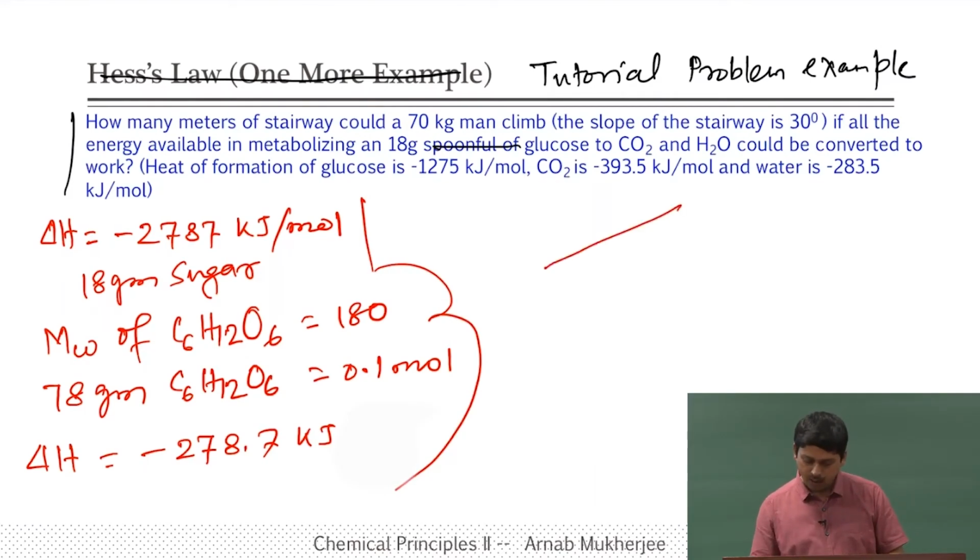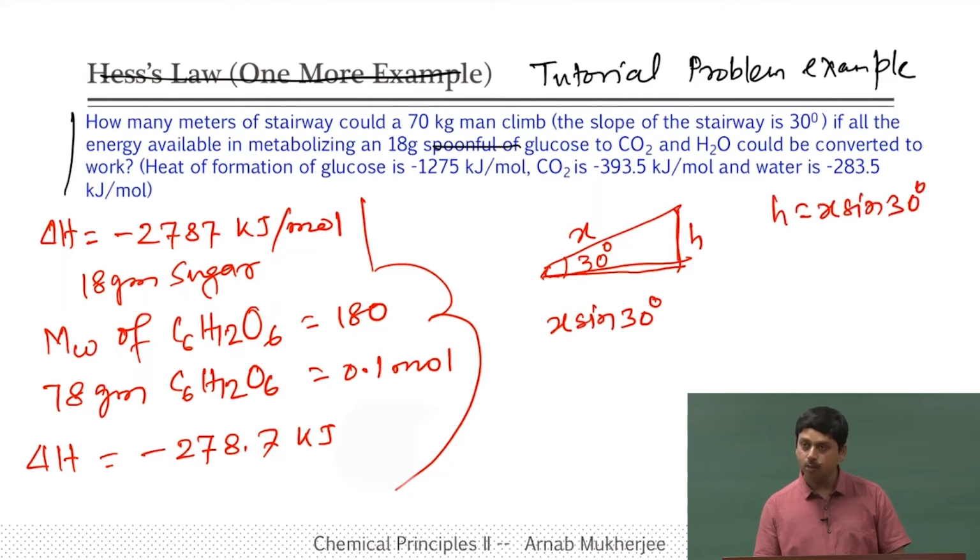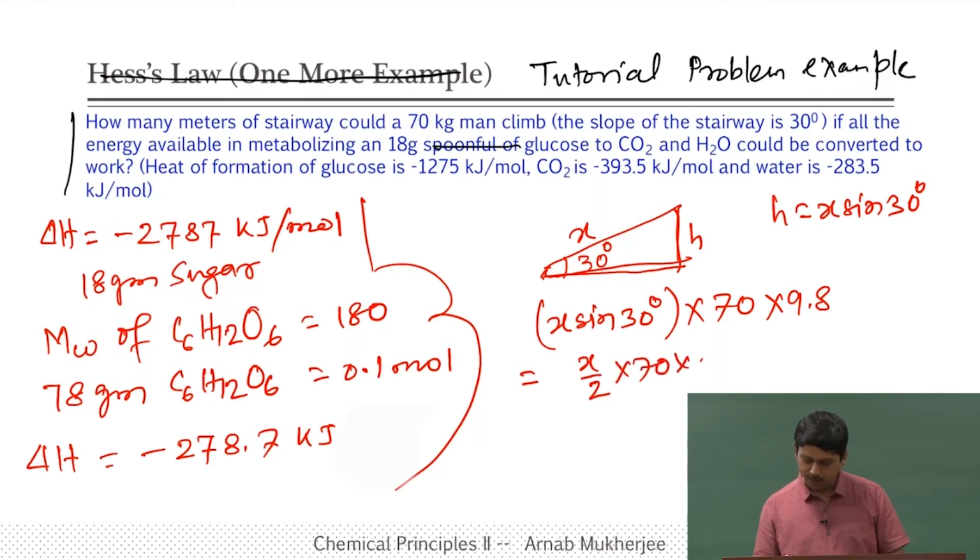Now, we are going to climb up, a 70 kg man is going to climb up with an angle of 30 degree. So, let us say climb up x distance, x meter, right. So, if it climbs up x meter, what is the height that is going to be changed? That is x sin 30 degree. So, x sin 30 degree is our h. Sin 30 is how much? Half. So, x sin 30 is this one, then mass is 70 kg and g is 9.8 meter per second square, right. So, which is x by 2 into 70 into 9.8